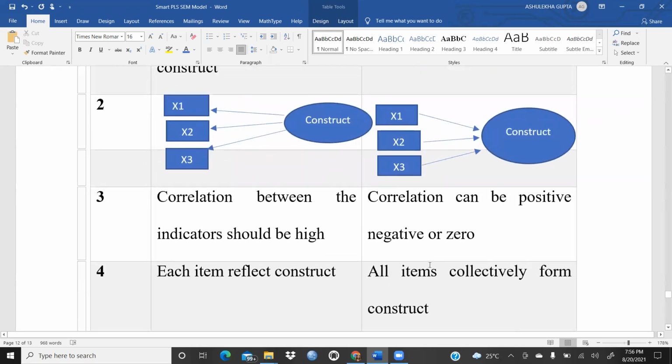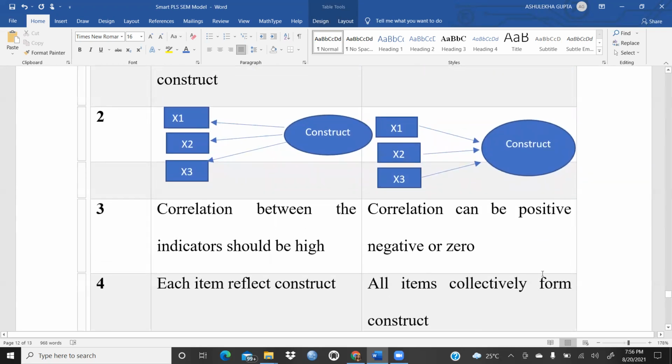Let me give you an example. Let's say you would like to purchase a second-hand car. For a second-hand car, you would like to check how it's looking, whether it is in good condition.